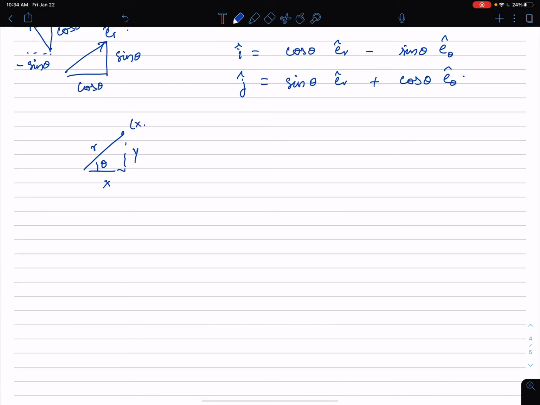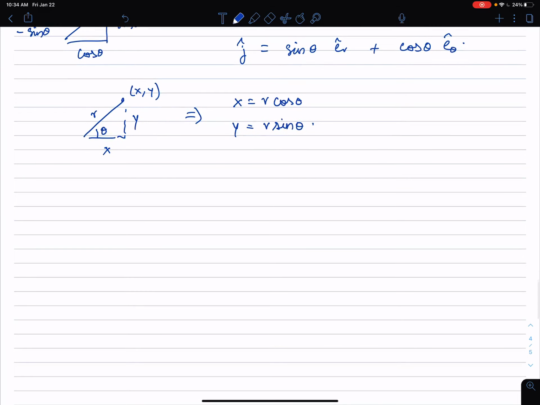So this is x comma y. So this basically implies, of course, x equals r cosine theta as usual, y equals r sine theta. And this is if you want to go from r, theta to x comma y, but if you want to go from